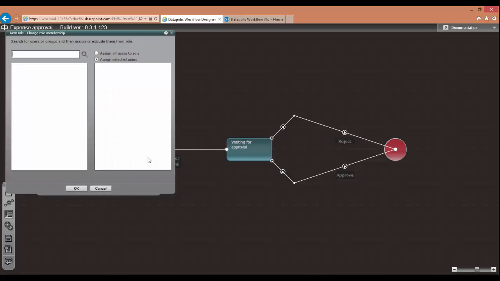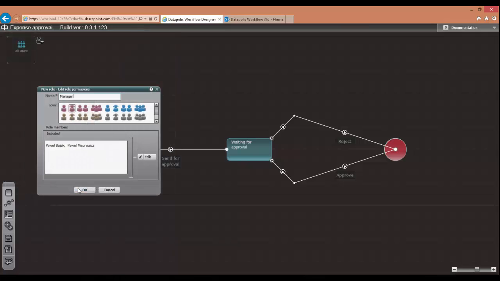So we click on edit and we start typing names, and we see all people which start with PAWE in the company. It's myself and my business partner, and let's say we can approve all these expenses for one of us, so I will put both of us in this role. Okay,